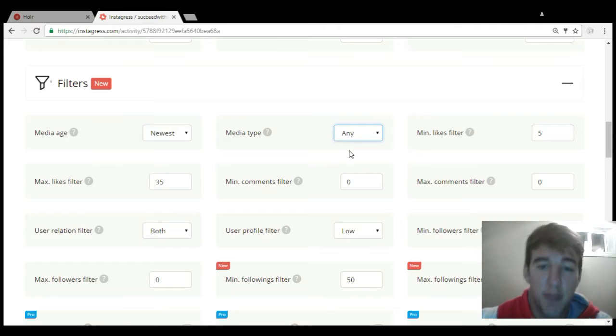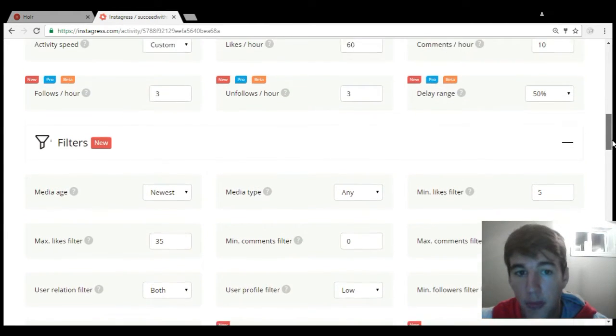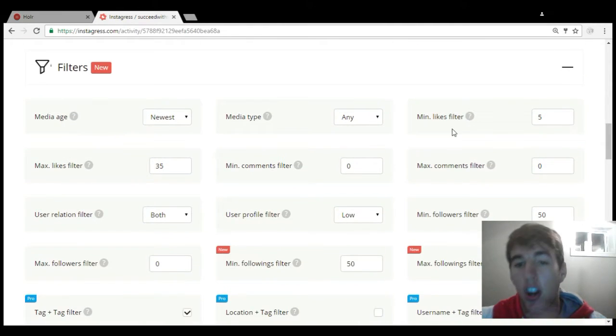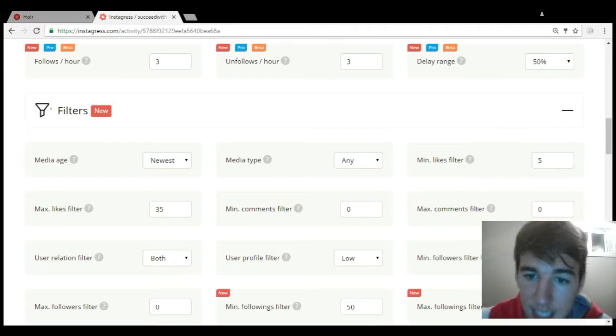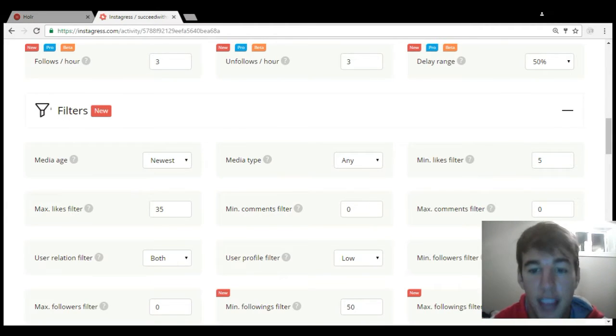Now the media type, I have it set to any because photos and videos are both powerful on their own, so you should be doing both. This is the reason why I have my activity speed set to 60 likes per hour, because I'm targeting people with a minimum and maximum likes filter. Let's say I had this set to a minimum likes of 1,000.